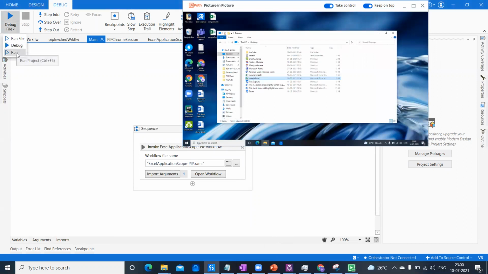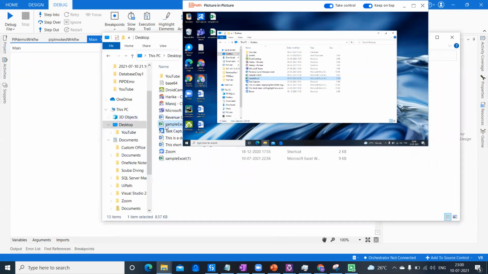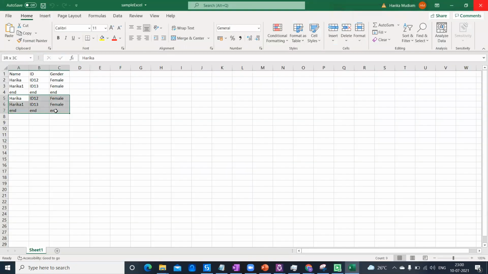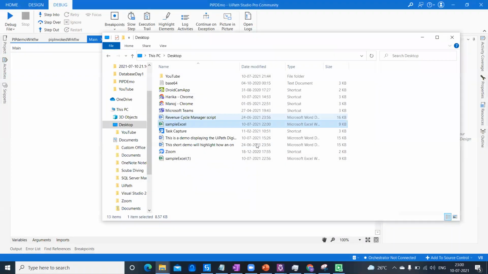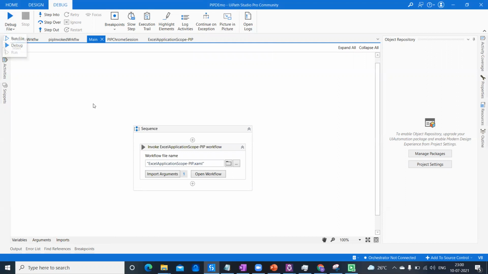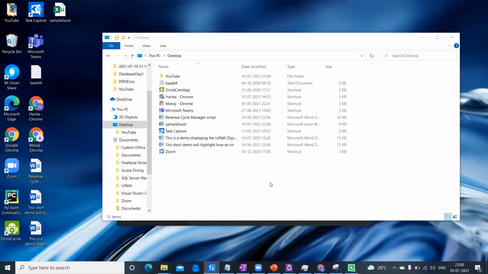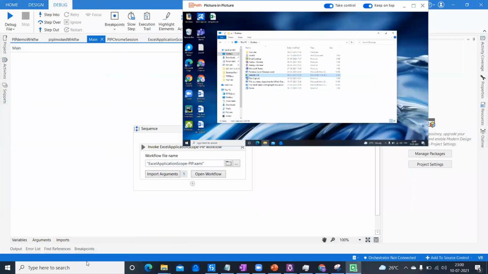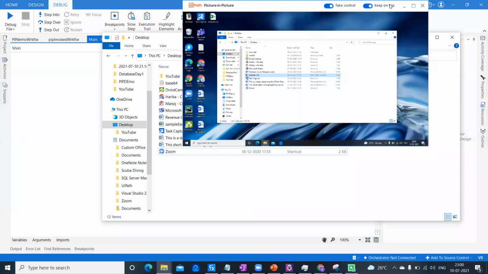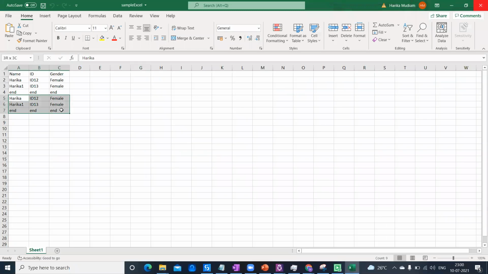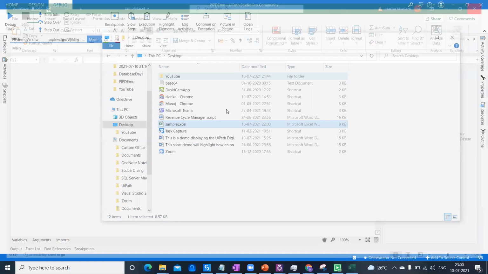Before I run, let me clear off the data. Previously we have seen it couldn't save the data and it saved it into a copy, right? So now let's run the process. I have set it as an isolated workflow, and also I have closed the Excel. Let's check it out here. It has executed and it has saved it into the same Excel file. If you see, it got appended the values into the same Excel file, right?